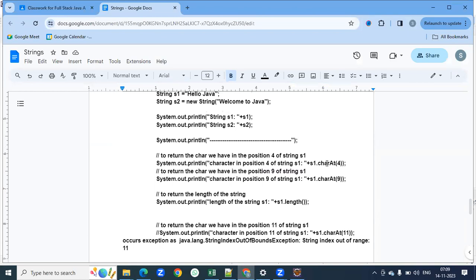The purpose of using the charAt method is that for the given index, whatever character we have at that position is going to be displayed for us. charAt of 9, in that particular position, whatever character we have is going to be displayed. If the given position is not available, like, let me say, as per this particular example,